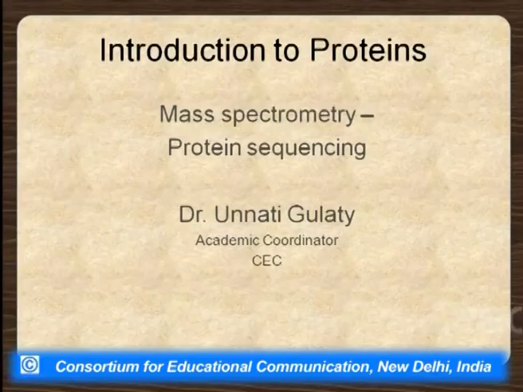Introduction to proteins, mass spectrometry, protein sequencing. In our lectures before, we had talked about how we can determine the primary sequence of a protein, and we were discussing how the basic principle of all protein sequencing is the Edman degradation process, in which we were tediously labeling each of the amino acids once it was arriving at the N terminal, and there was cleavage of the labeled amino acids, its elution in the chromatography, and its identification.